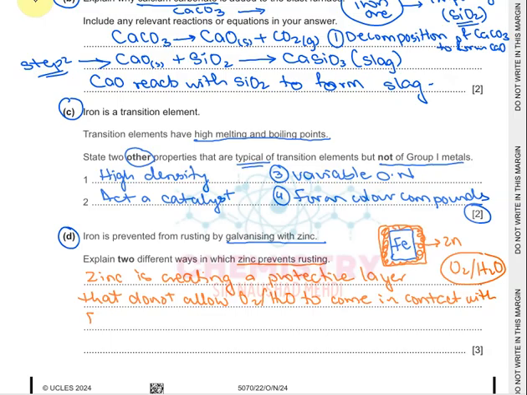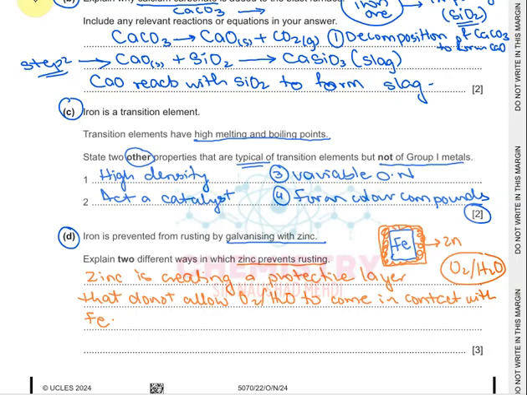So in this way, the iron will be prevented from corrosion. And similarly, let's suppose that, for example, in any case from anywhere this protective